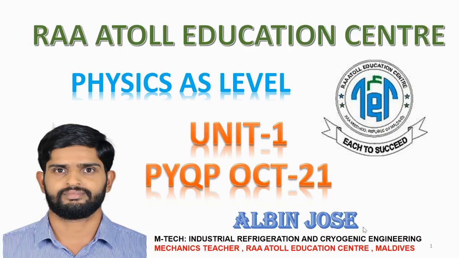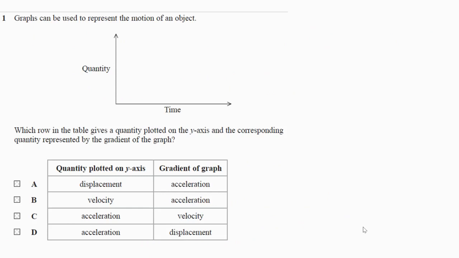Today we are discussing only the objective questions that were asked in October 21. So we are going to the first question. A graph can be used to represent the motion of an object. Here they show a quantity versus time graph. Which row in the table gives the quantity plotted on the y-axis and corresponding to quantity represented by the